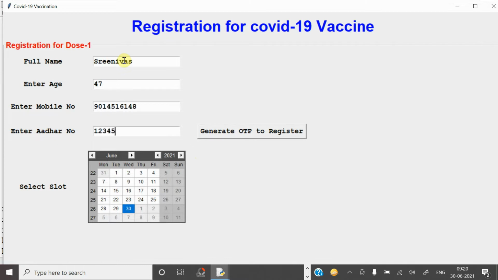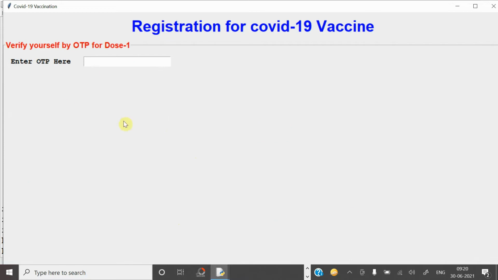Other number. Like this you can select and click OTP. Now see this one, it will show you a message to enter OTP here, and one text box for entering the OTP whatever we have received in our mobile. Now what you have to do is click on the submit button for this.